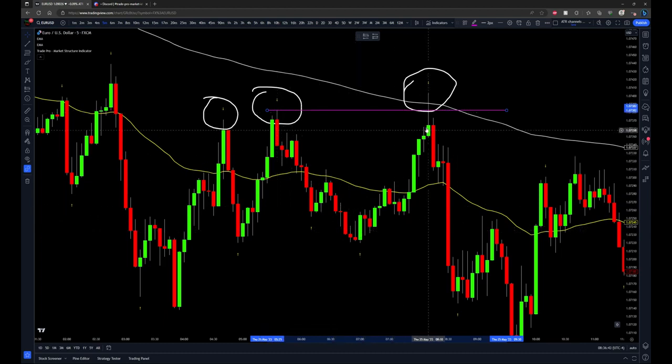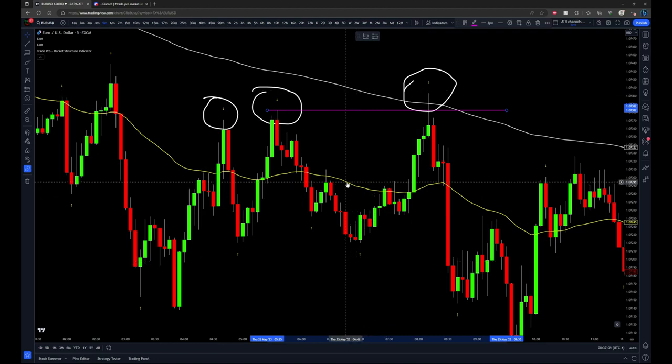We're waiting for peak 3, and we want to see this come up, sweep the high of peak 2, get our entry above the high of peak 2 for a deep discounted entry, and then looking for a trend continuation move with a good risk to reward ratio. That is the setup for a short, and this is what you'd be looking for in a downtrend when the 200 EMA is over the